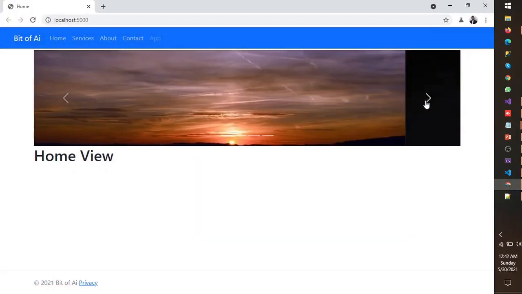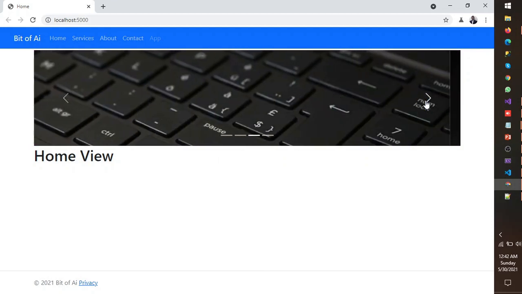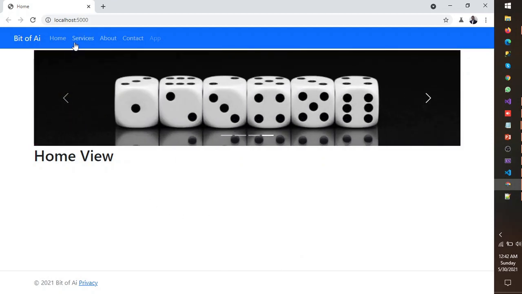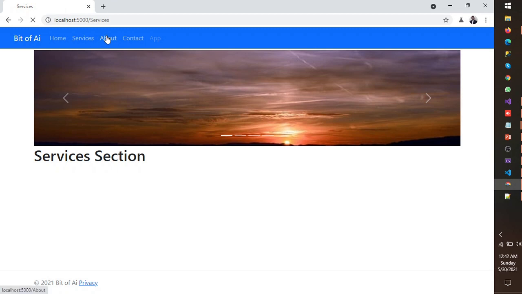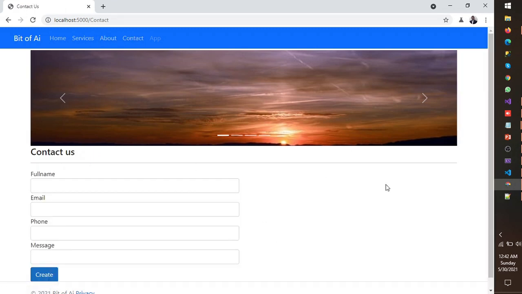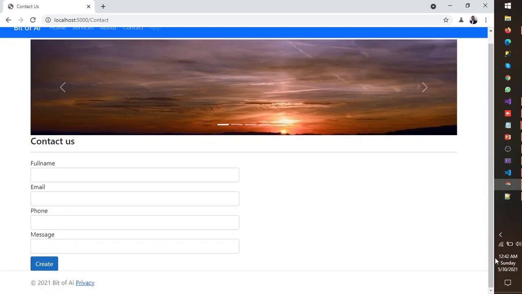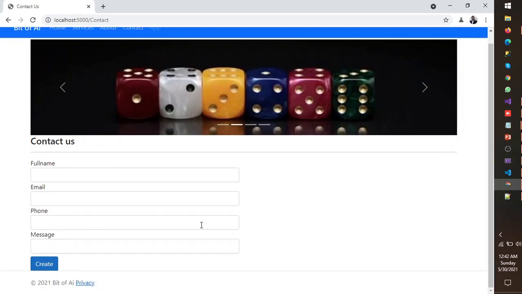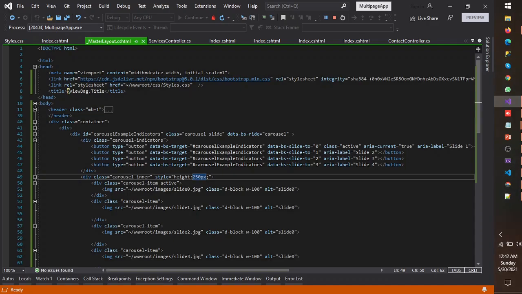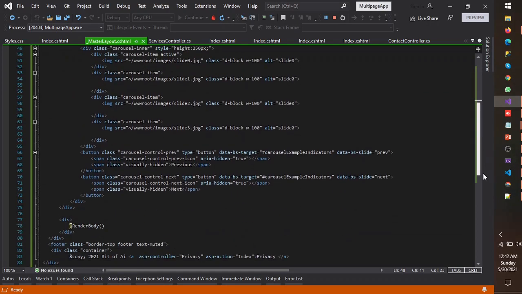Yeah, now it's fine to me. This is our home view. This is the services, about section, contact section. Yes, this footer is a little bit overlapping with the create,